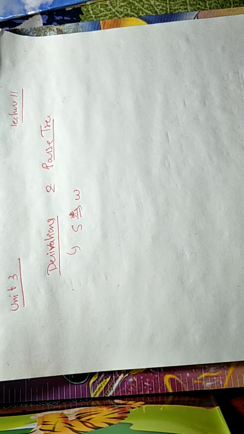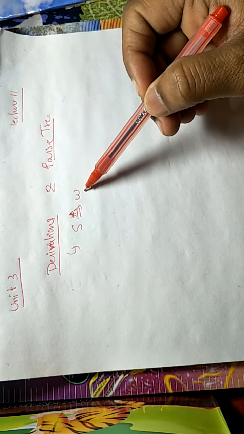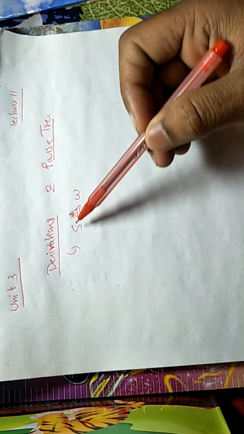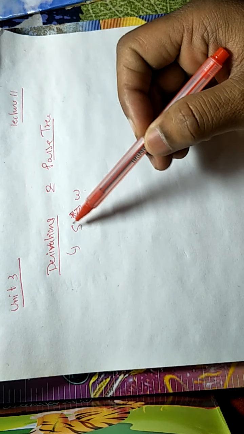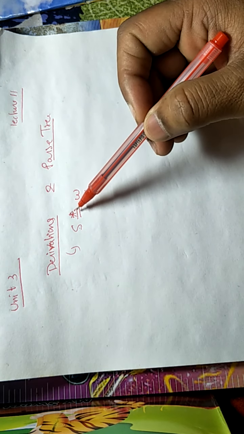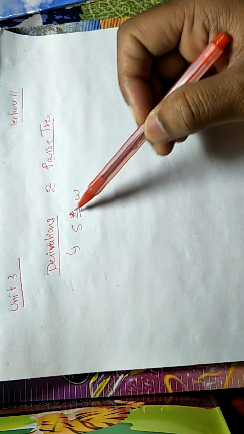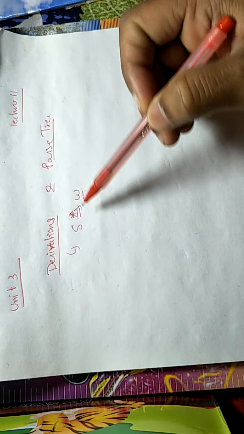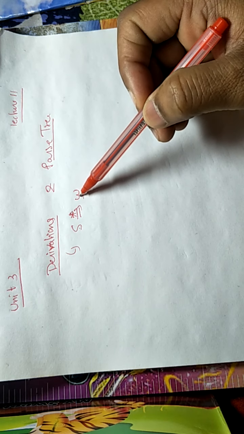Welcome everyone to lecture 11 of unit 3, and in this lecture we will learn about derivations and the parse tree. We have already derived so many strings from the grammar, and we know a string is derived from the grammar by starting from the start symbol and applying the given productions. If after applying productions we reach the string from the start symbol, then the string belongs to that particular grammar and the language of the grammar.